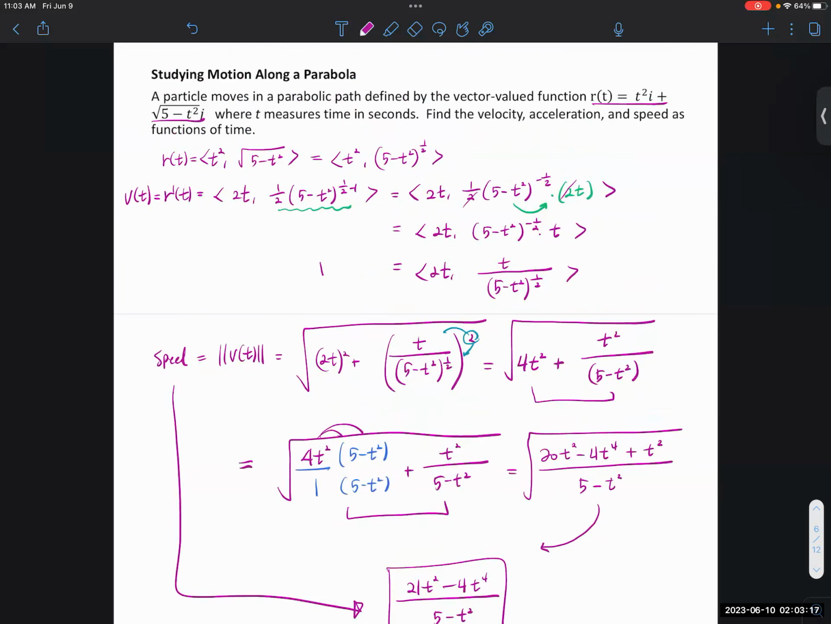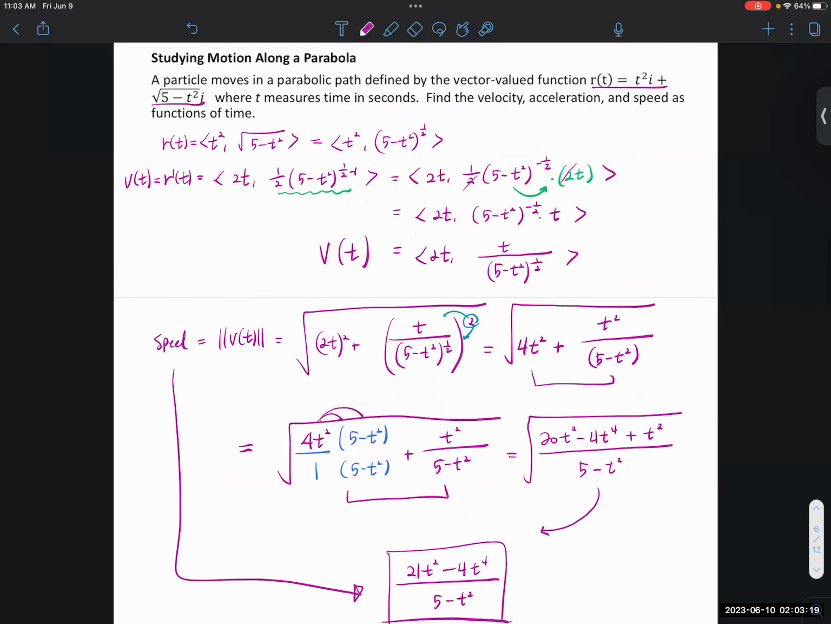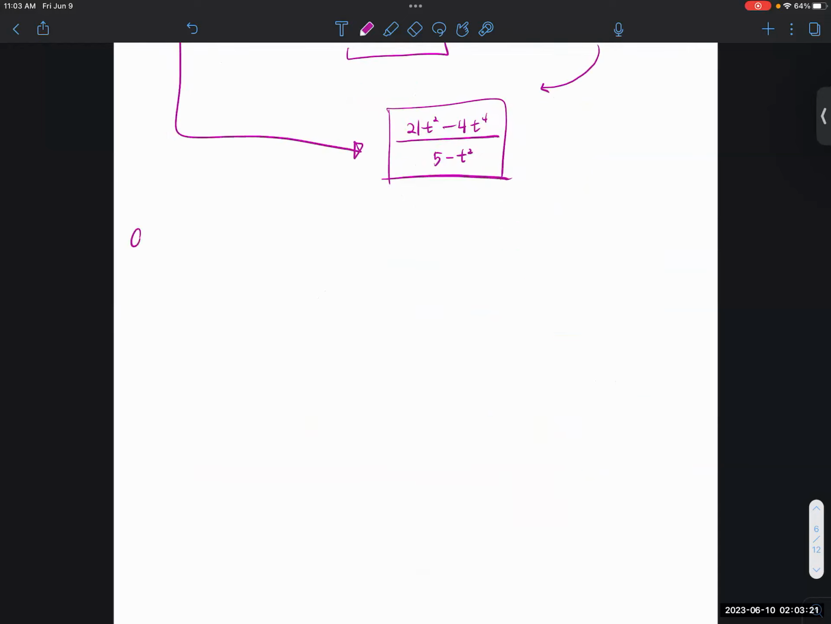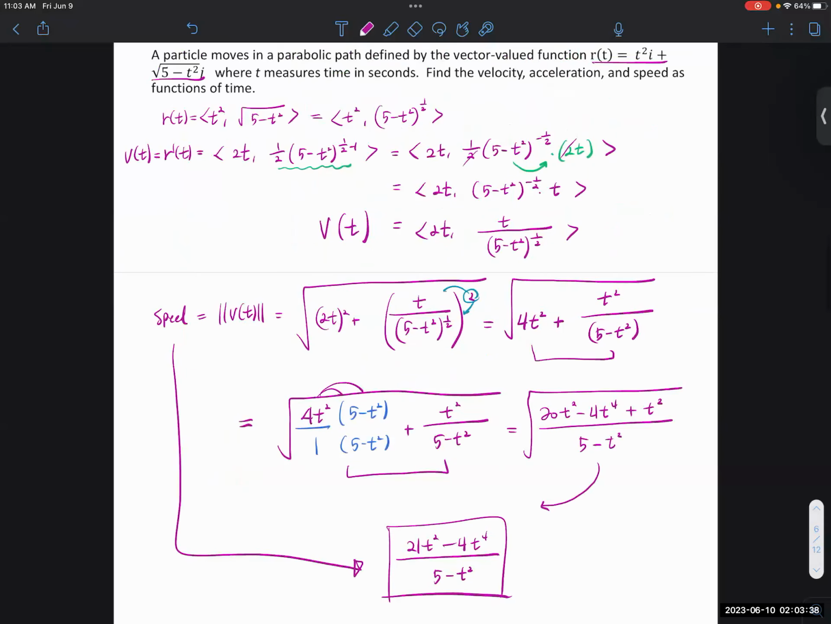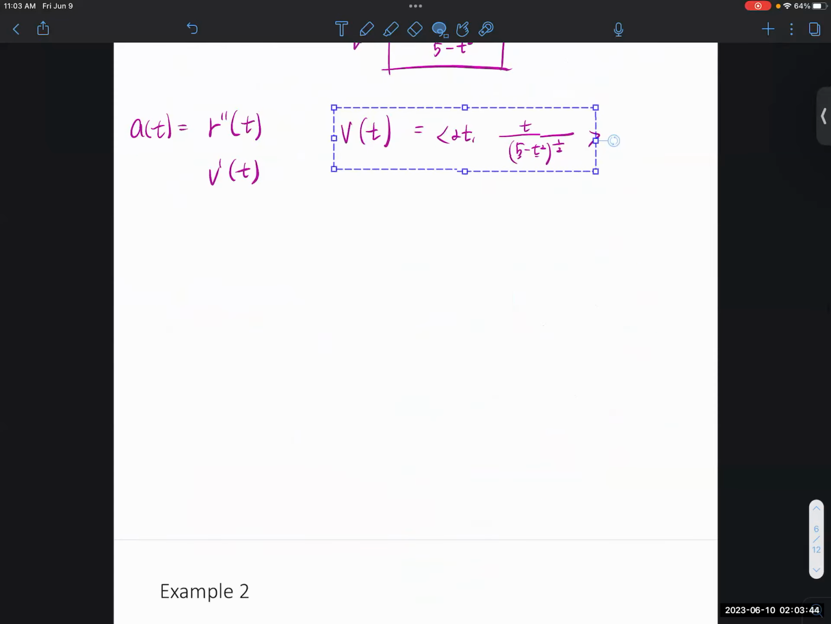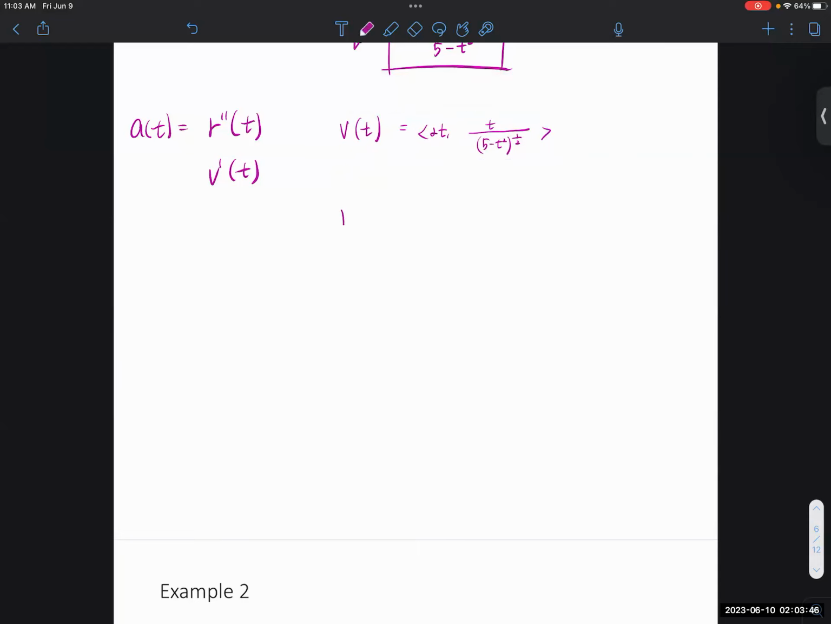So this is the velocity. Let's do the last one, acceleration, right? We are going to take the double derivative of the r vector. That means the derivative of the velocity function. So we have a velocity right there. So let me copy this. So we are going to take the derivative. So v prime,